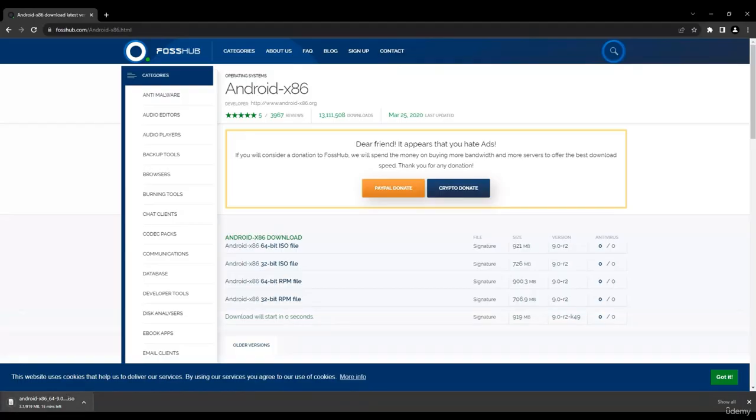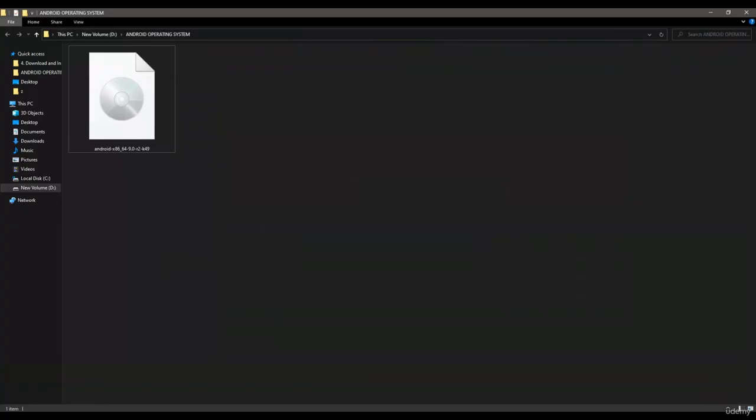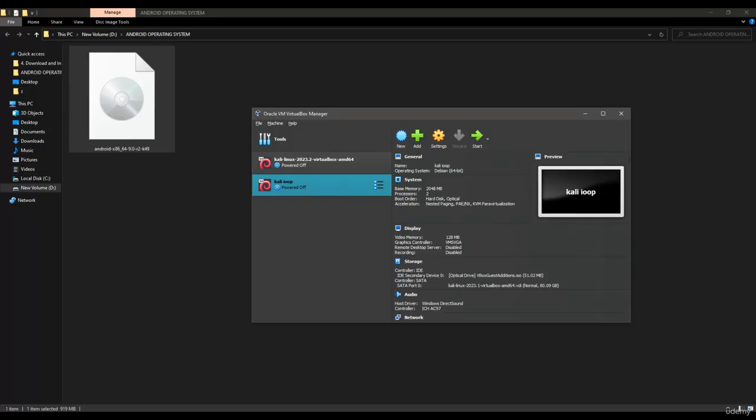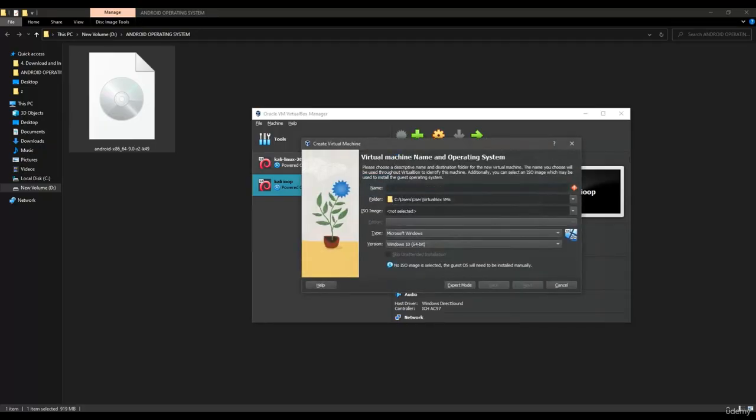So here you can see it is now downloading. So after completion of download you will get a file like that. Don't click on it, you need to open VirtualBox. So after opening the VirtualBox I'm going to click on new. Then I'm going to type like Android